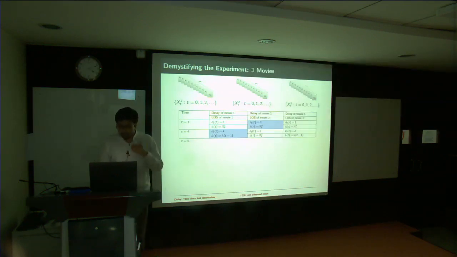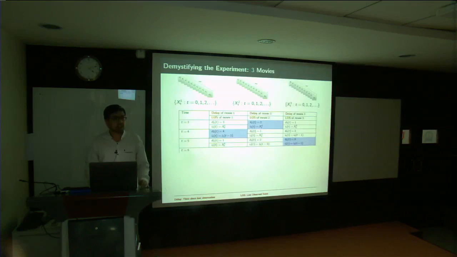So the last observed states keep moving. As long as you don't observe a movie, your information about where the movie was stopped is still the same. It has not changed at all. So I1 of t is I1 of t minus 1, and I3 of t is I3 of t minus 1. I2 of t though is whatever you collected as the last observed state of the movie when you observed it the previous time instant. Now let's say at t equal to 4, you choose to look at movie 1. This will get updated accordingly.